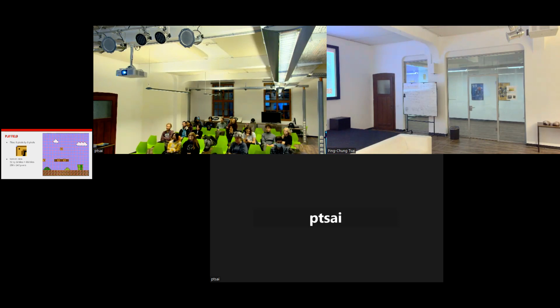The art is composed of 32 by 30 tiles, and every tile is 8 pixels by 8 pixels. So it's kind of grid based. If you can tell, the cloud is actually the same asset as the bushes here.